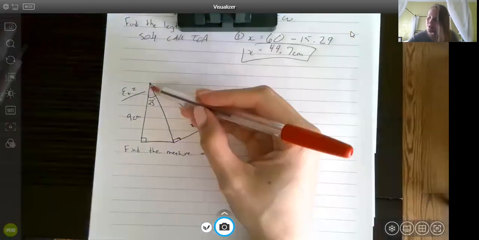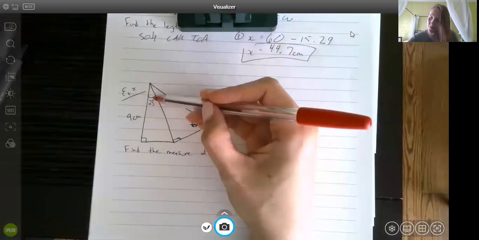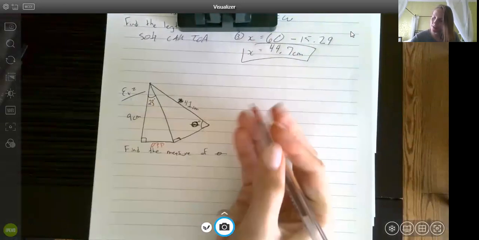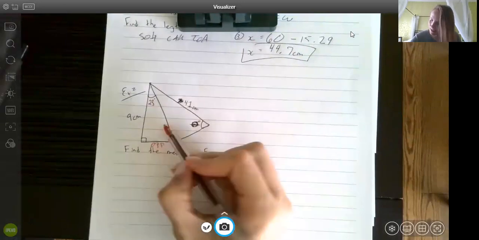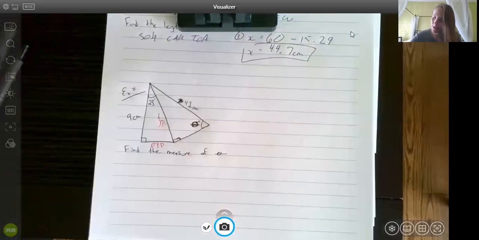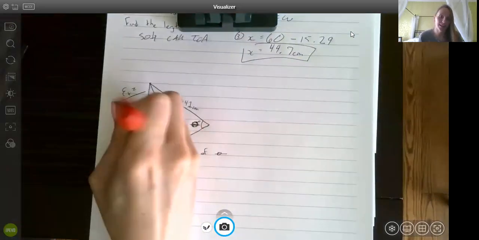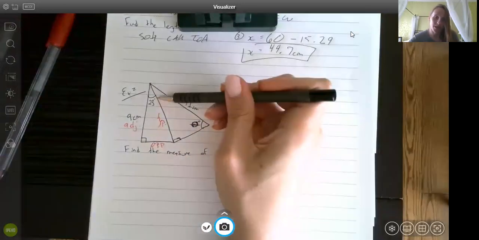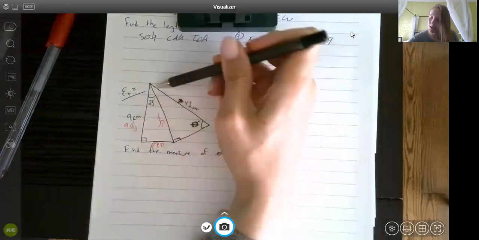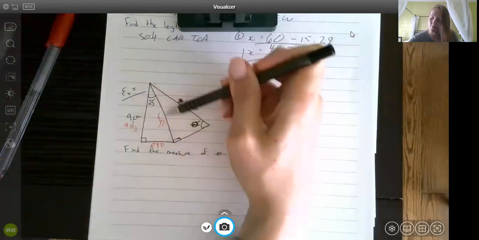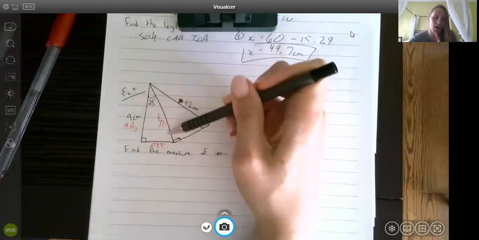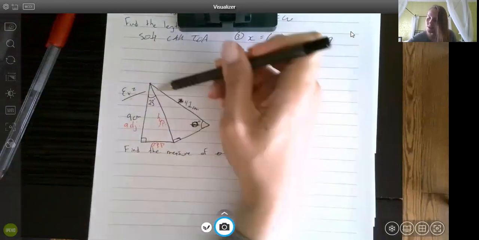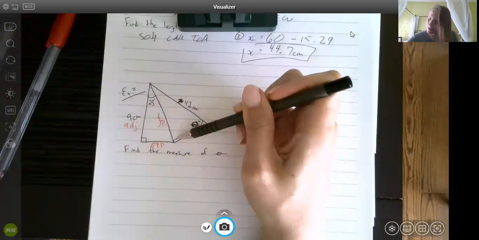So I'm going to start with this first triangle here with my angle of 23 degrees. Across from that, we have the opposite side. Across from my right angle is its hypotenuse, which makes this the adjacent side. So step one, I'm going to use the angle that I'm given, the 23 degrees, my adjacent side, and I'm going to try and find the hypotenuse. And again, the reason I want to find the hypotenuse and not the opposite side is because the hypotenuse is a shared side with the other triangle that I'm trying to get to. So step one,